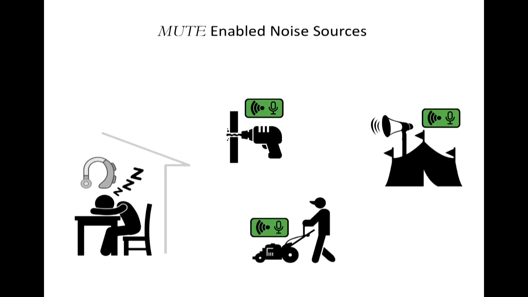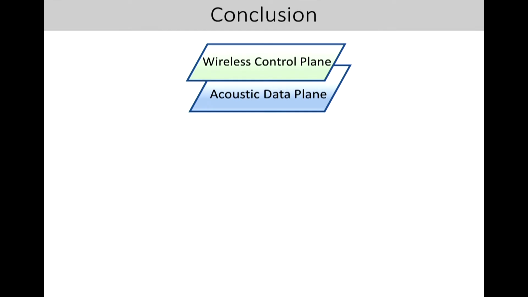And finally, this relay can be even on the noise source. For example, if we put the relay on the lawnmower, the relay will immediately forward the sound, and whoever is sleeping nearby can cancel off the sound simply because they have a lot of look ahead, because we put the relay just on the noise source. If you actually step back and look at all these architectures, you might start thinking that wireless is essentially playing the role of a control plane, while the acoustics is a data plane, simply because wireless is much faster than sound.